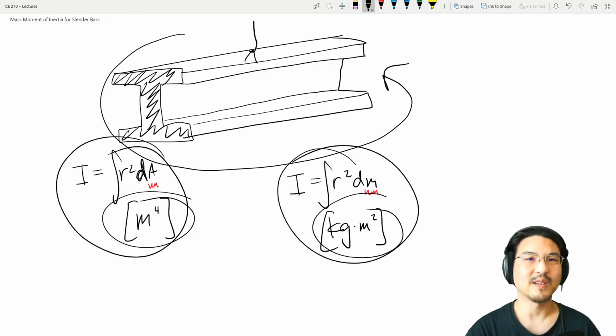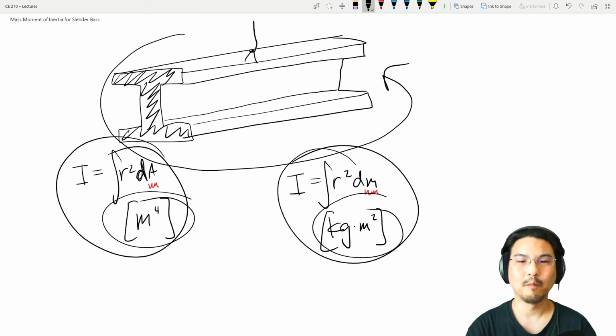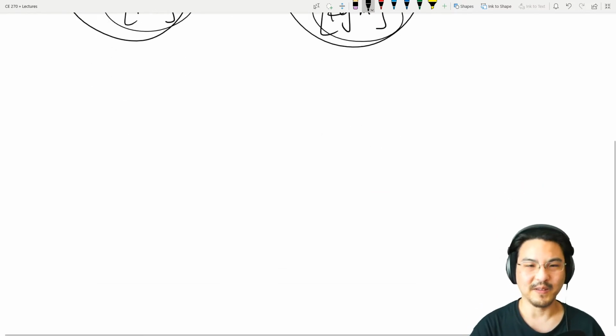So let's discuss mass moment of inertia, but for simple shapes. Let's limit our discussion to, for now, slender bars, which is practically one-dimensional, and then in another video we'll talk about thin plates, which is a 3D object that's practically two-dimensional. Okay, so let's start with